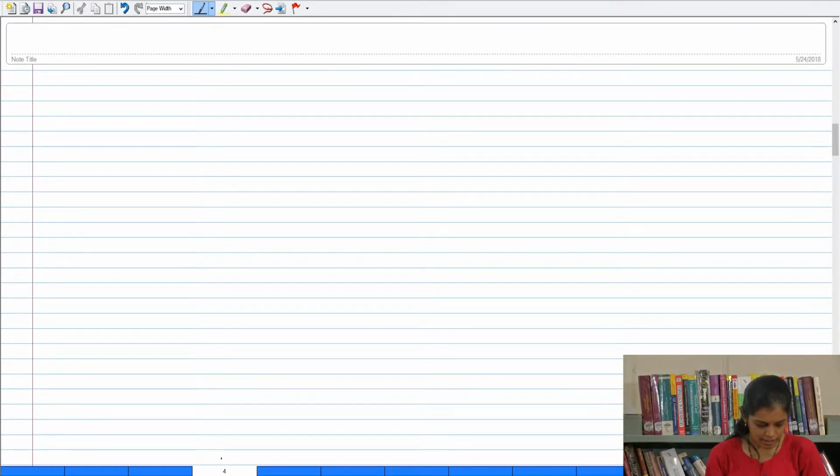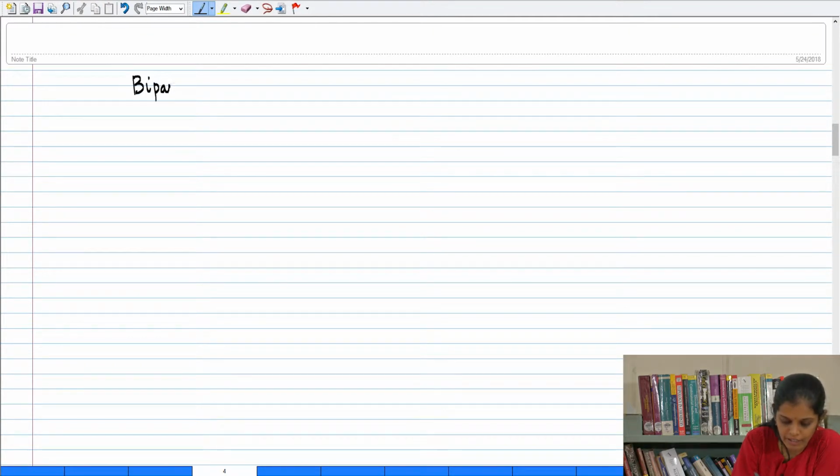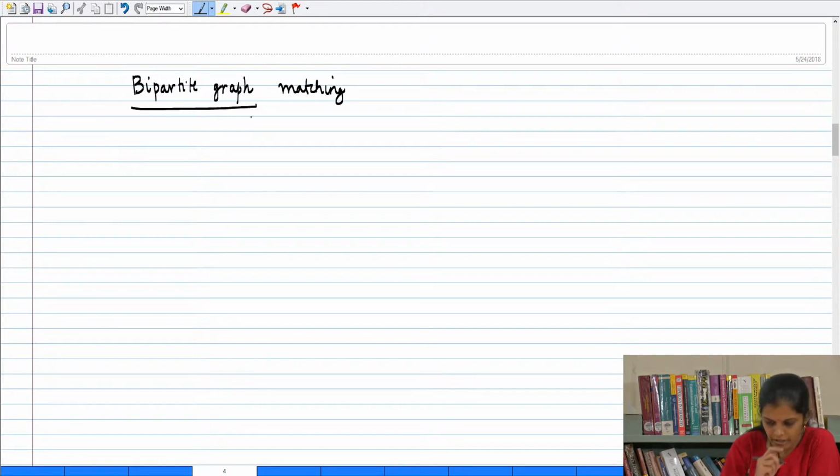So in the remaining class that we have right now, what I want to do is the first application of network flows to something that you have already seen, which is computing matchings in bipartite graphs. So let me recall, we have a bipartite graph,